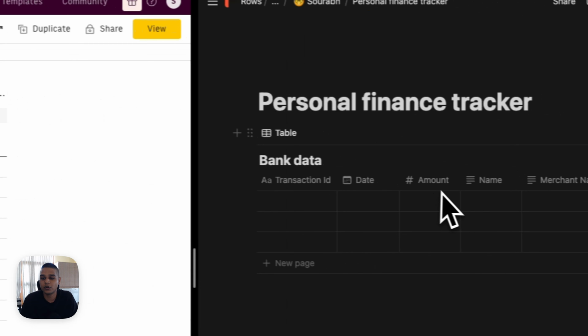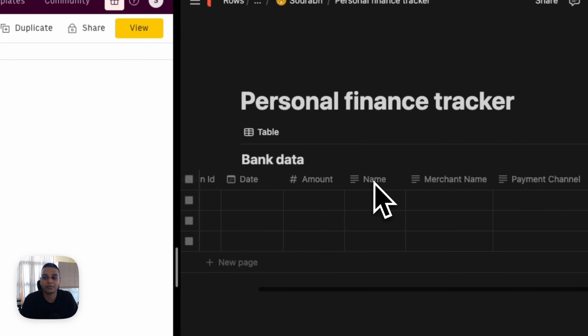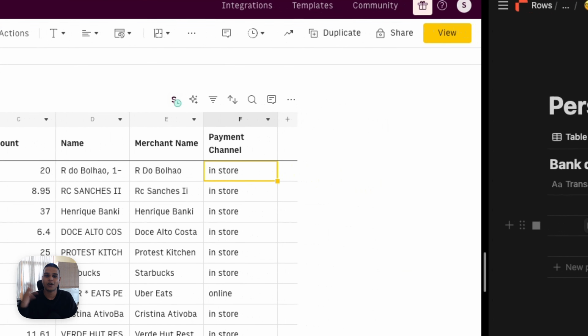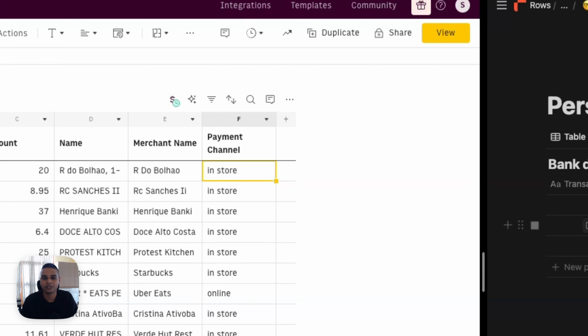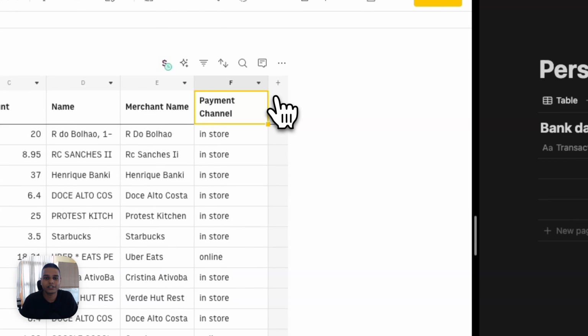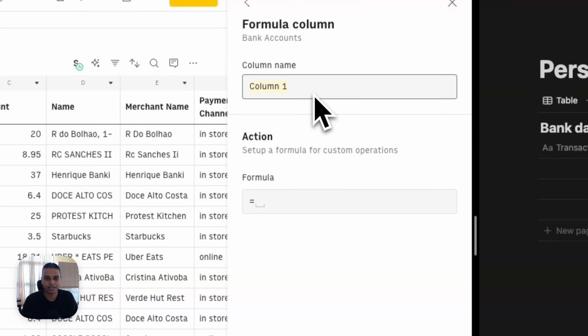Next, let's look at our Notion database. I've already set it up with similar headers and the number of columns as we have on our Rows table here. Next, let's see how we can push this data from Rows to Notion. The first thing I'm going to do is go ahead and copy the link to this view from our Notion database. On Rows, come back here, click on this plus icon, set formula, and here I'm going to name it